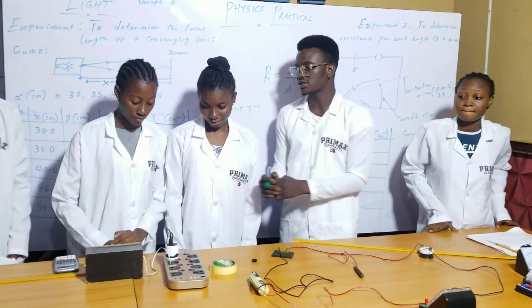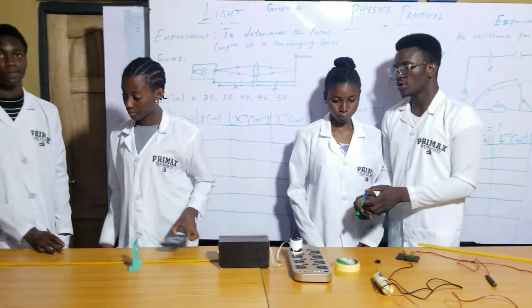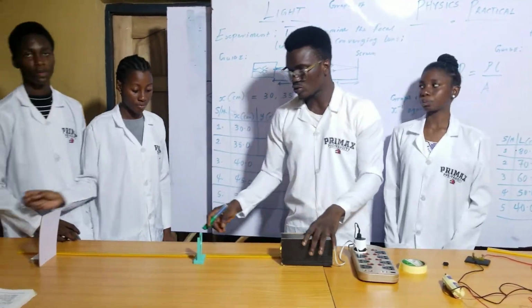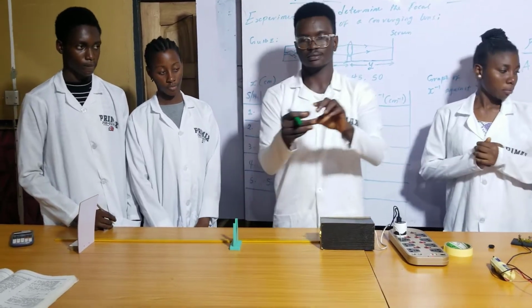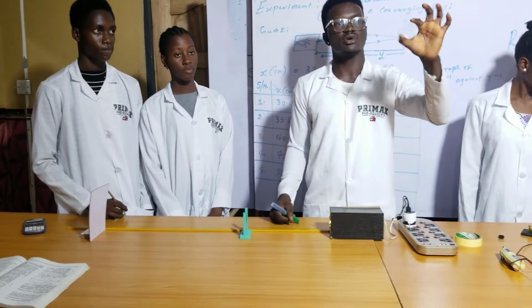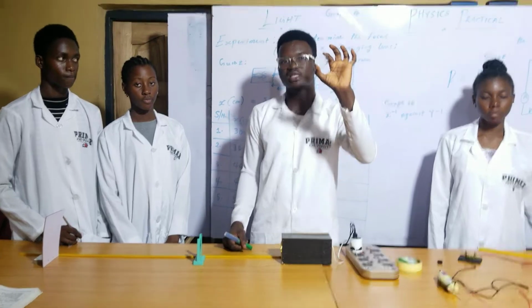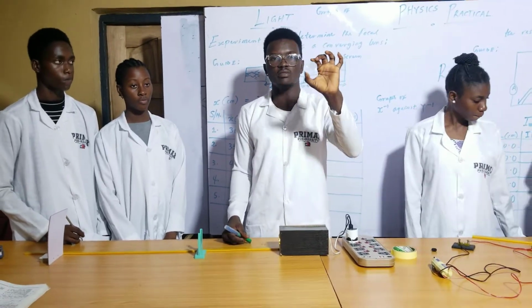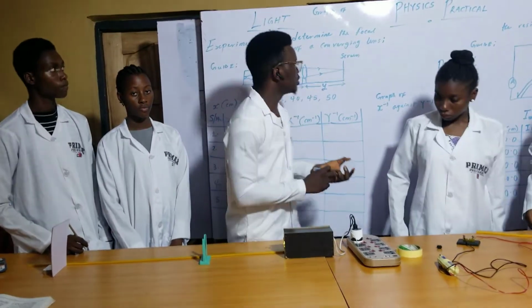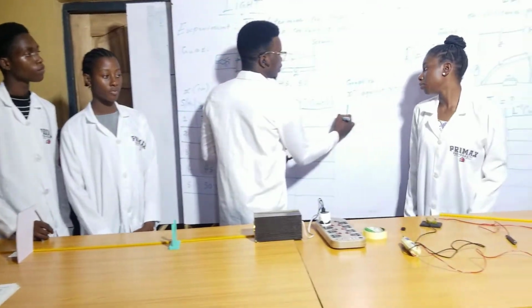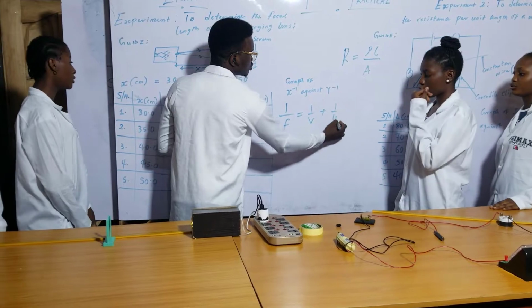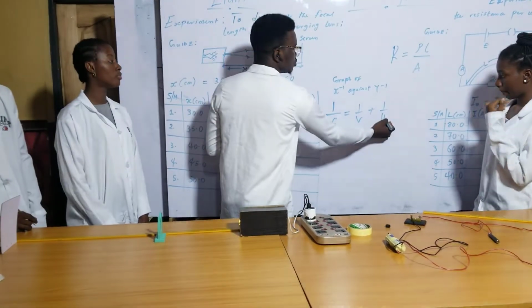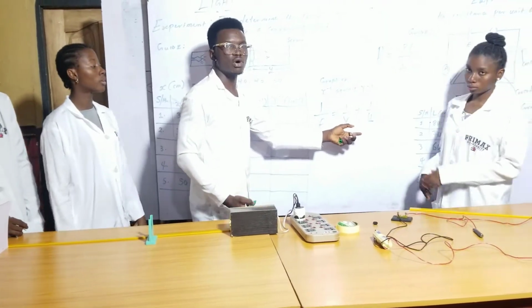Then on the other hand, what we want to do is to get the focal length of this lens. The focal length of this lens, we don't know. This is a converging lens, but we want to determine the focal length. From the lens formula, 1 over f is equal to 1 over v plus 1 over u, which means that if I know u, what is u? What do you call u?